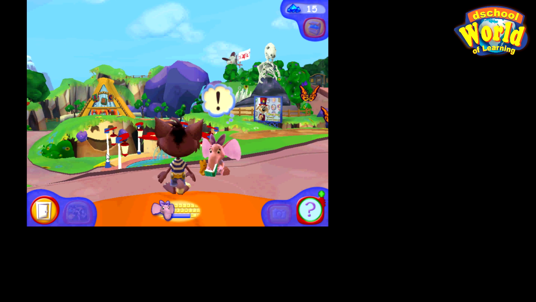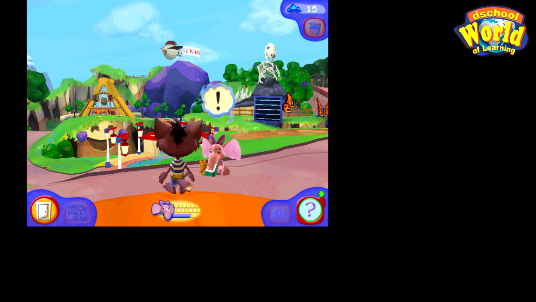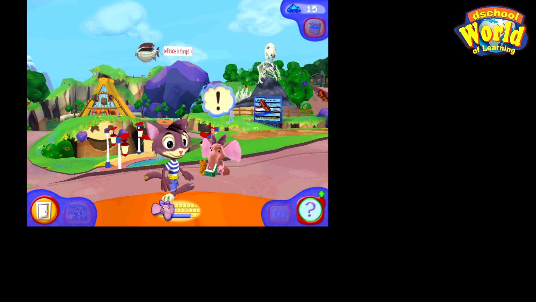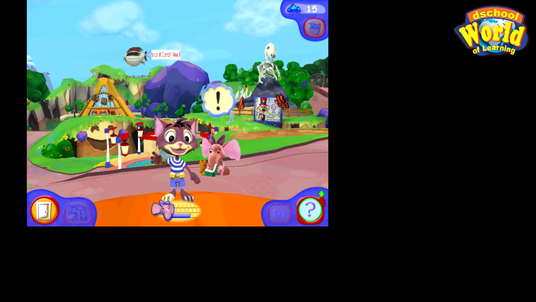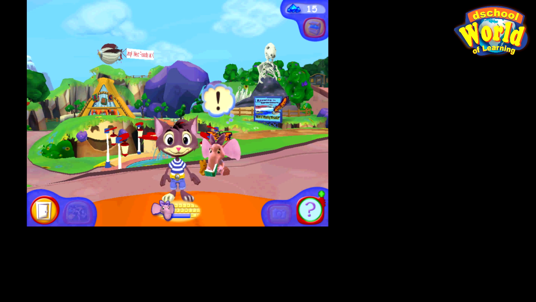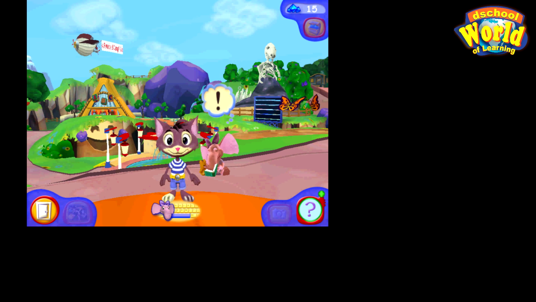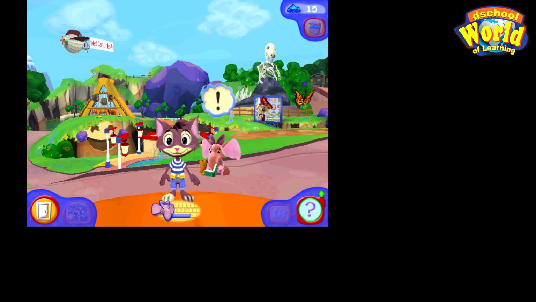So the moment you're through with any activity, you're going to earn a piece of your badges. This program has a total of 12 badges that need to be earned, and every unit has one full badge that a child earns. Okay, so if you're through with playing the game, they're going to give you another character to interact with. At the moment, you're going to interact with Elena. So for you to understand better about the character, I'm just going to show you where you can see and read about the game and the characters also.